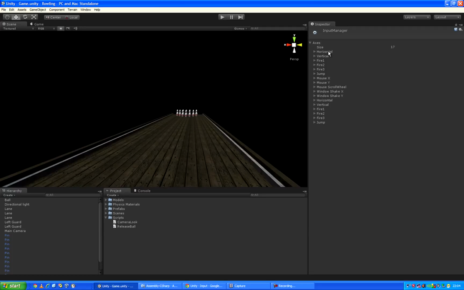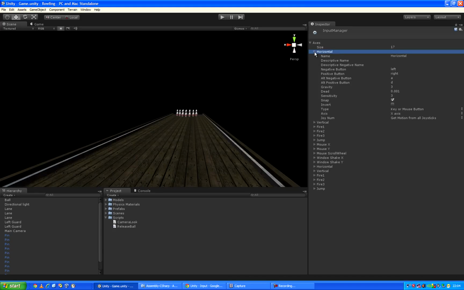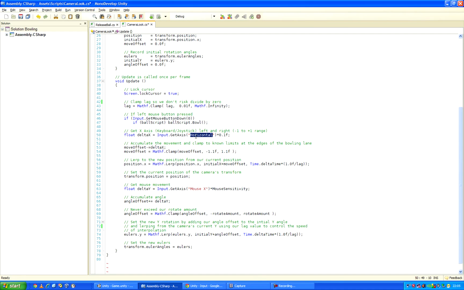So let's talk a little bit about what an axis actually is. Let's look at this first one here called Horizontal, and if I pull down the drop down, you can see all the properties. The first is its name, and this is the name by which we inquire about the state of the axis. As we saw in our code, we're asking about an axis called Horizontal. Now, our code, as you can see, doesn't care whether this is a joystick, a keyboard, or a mouse axis. All it cares about is the name,